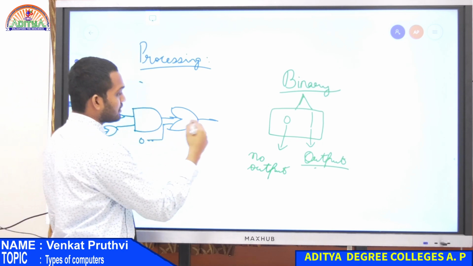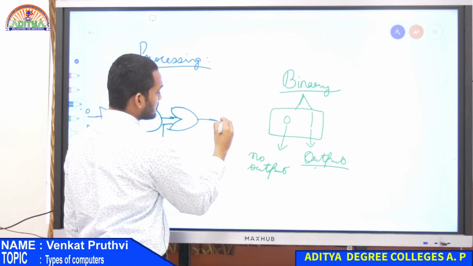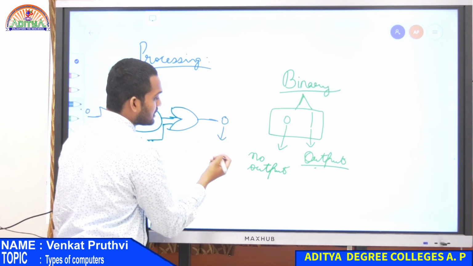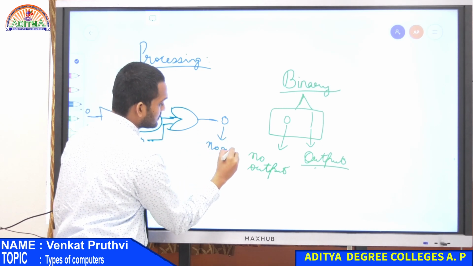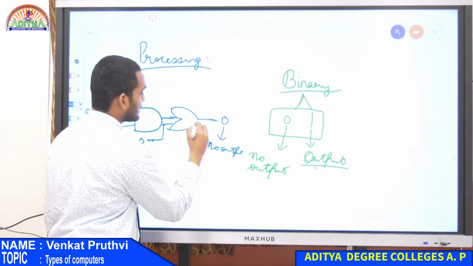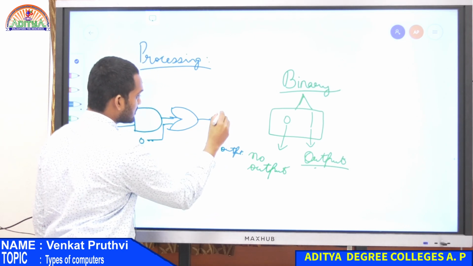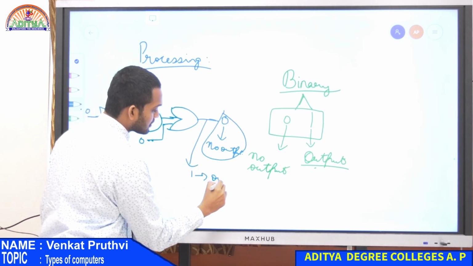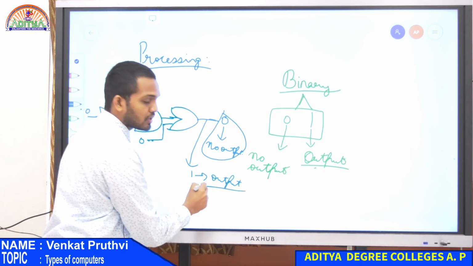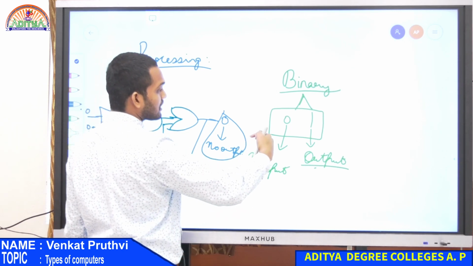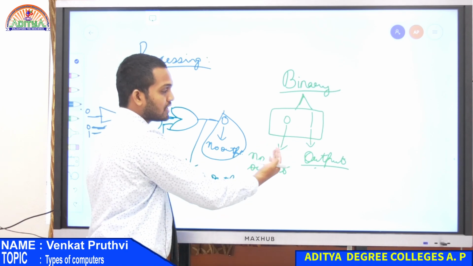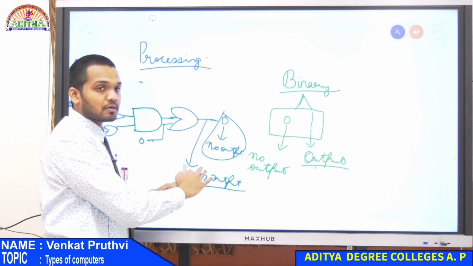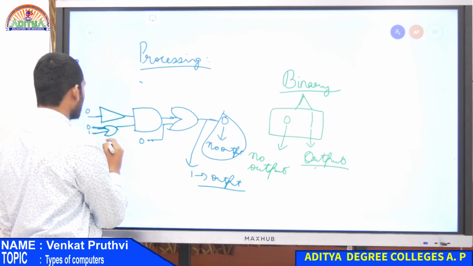Now when the output over here is 0 based on the process that the circuit did, then that will be no output. But in case this circuit, instead of this, is giving you a 1, then there will be an output. So based on the circuit and the output that it gives, the computer would be understanding if there is an output or not, or what kind of an output it has, because generally it's not only about the 0 and 1 if there is an output or not.